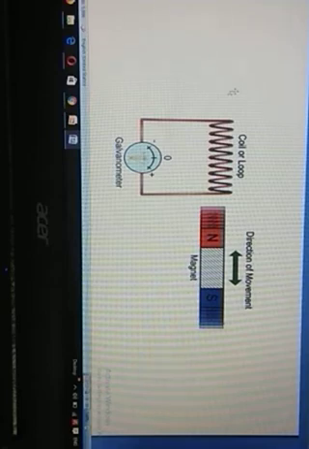That means the current is flowing in the coil without the help of a battery. This current is called induced current. The current remains in the circuit till the magnet is moving with respect to the coil. When there is no relative motion, the reading of the galvanometer always shows 0. Current is produced because a potential difference is developed across the coil, and that potential difference is known as induced EMF, electromotive force.